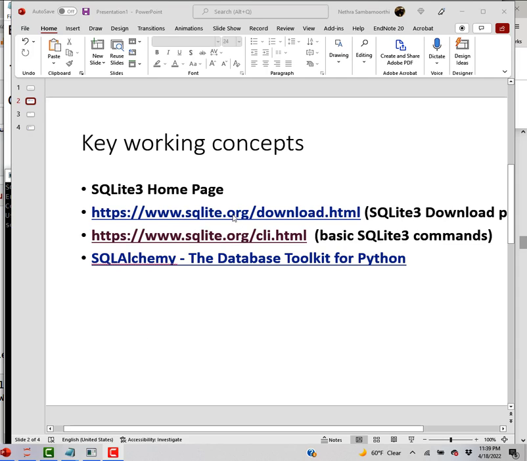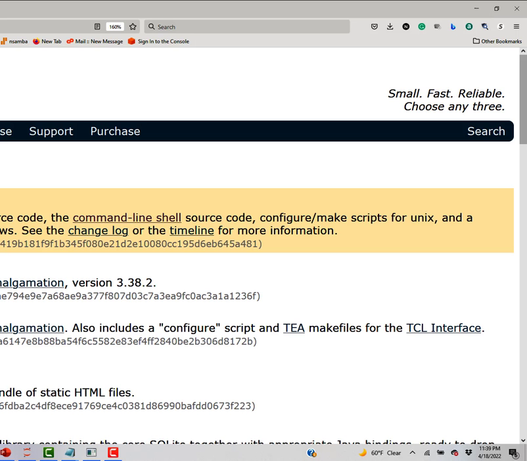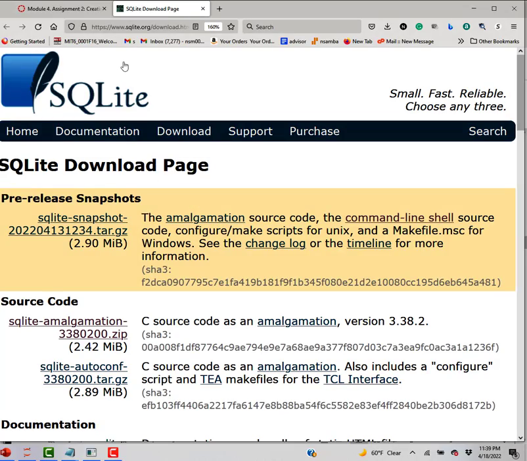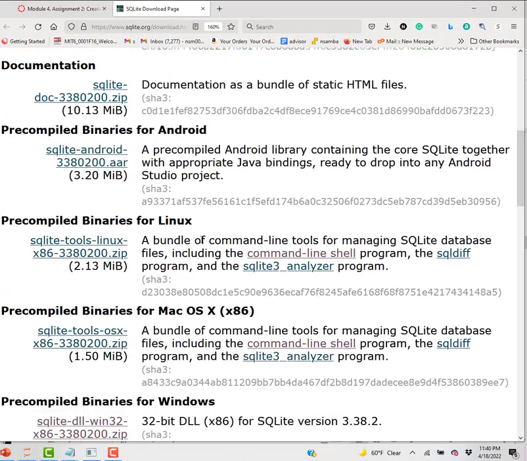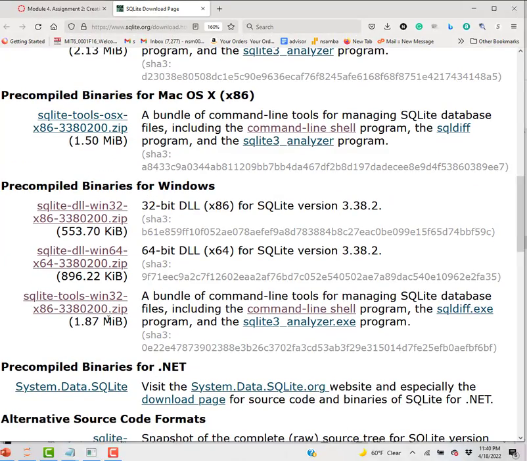Using the first link, I can go to the download page and download. For example, I'm going to show you how to download for Windows. Okay, so this is the page. One moment, I need to bring it to this window. This download page, sqlite.org/download.html, gives you this page. Mine is a Windows 64 computer, but the Windows 32 version of SQLite3